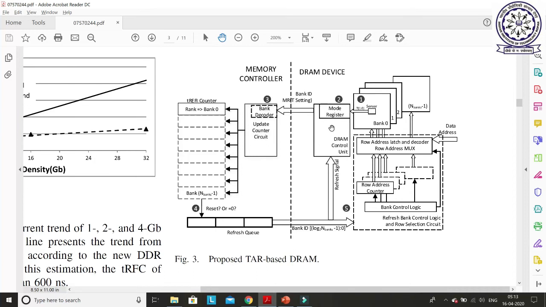As I said, in a normal DRAM design they basically consider two temperature ranges: one up to 85 and one above 85. In this case the mode register stores only one bit, either 0 or 1. If it is 0, it can be considered as less than 85. If it is 1, we can consider it as more than 85. Based on this mode register, the refresh counter value will change in the original DRAM, and there will be only one refresh counter for the entire range. I'm talking about the normal case.